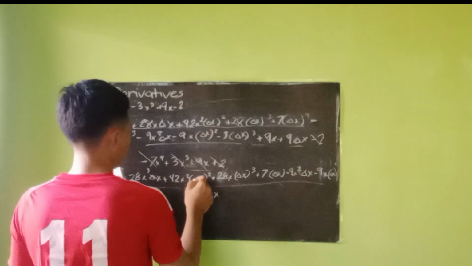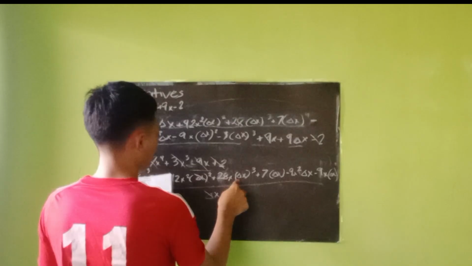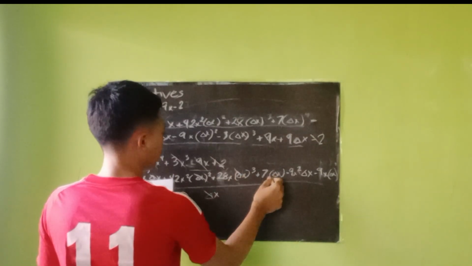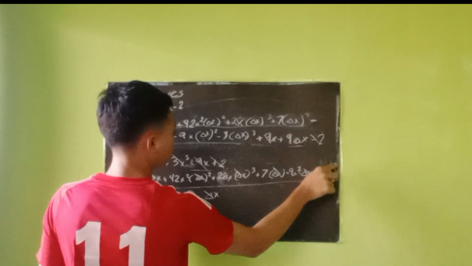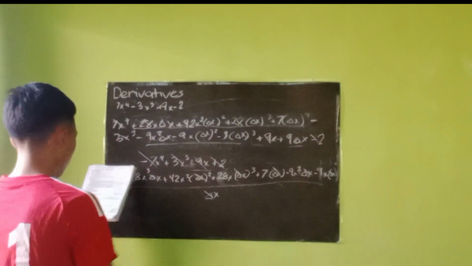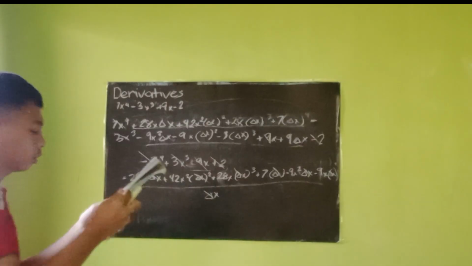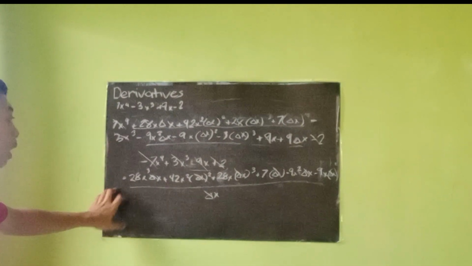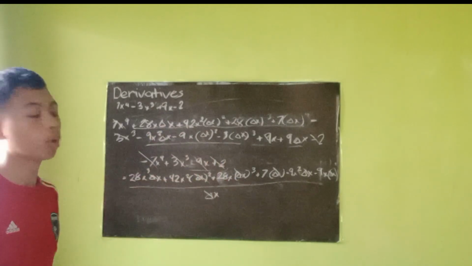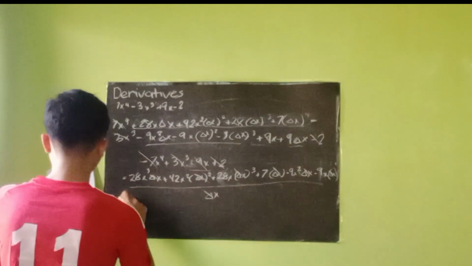This one will also get reduced. This one will also get reduced. Cancel, reduce, and so on. So once you've already done cancelling and reducing most of them, as a result, it will be